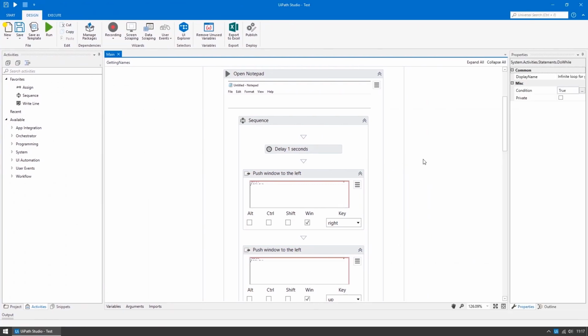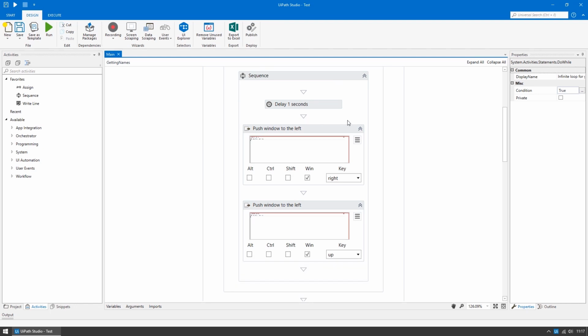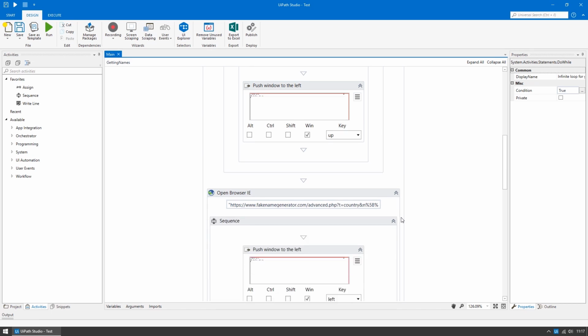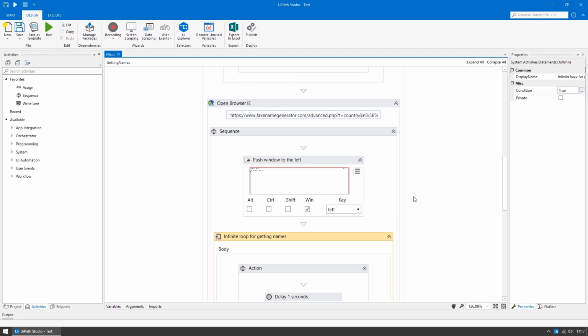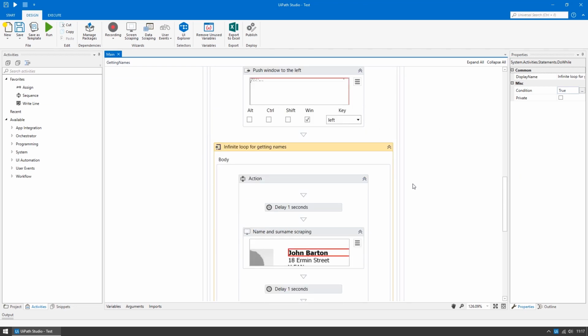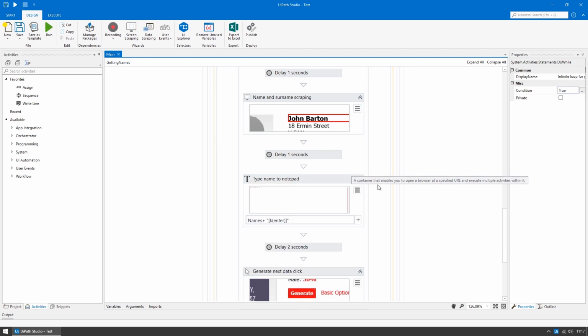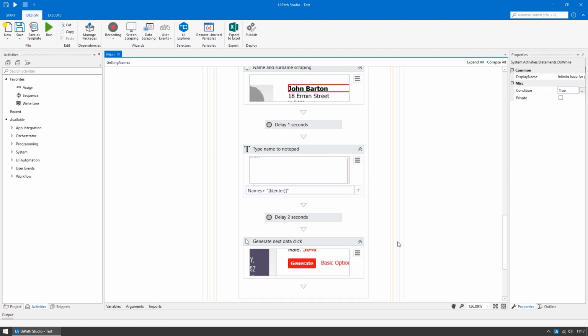As a second feature, for training purposes, we'll cover a workflow which is opening Notepad and then pushing the window to the upper left corner. Doing so will allow us to open the fake namegenerator.com website and push it to the left. In this case, we can see both windows, Notepad and the browser we decided to use, Internet Explorer for this example. Afterwards, within an infinite loop, the robot will get the fake name, type it into Notepad, and click Generate